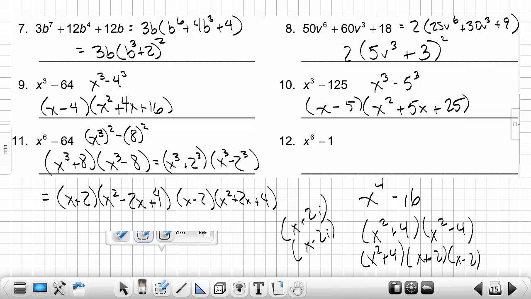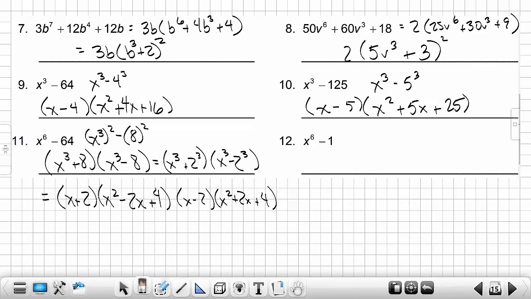Imaginaries. Then I could do sum of 2 squares. But, yeah. Okie dokie. Number 12, we are